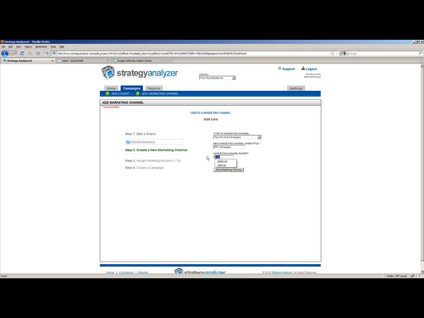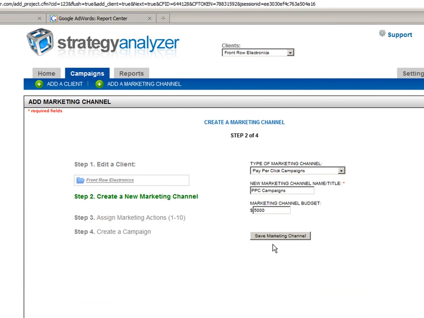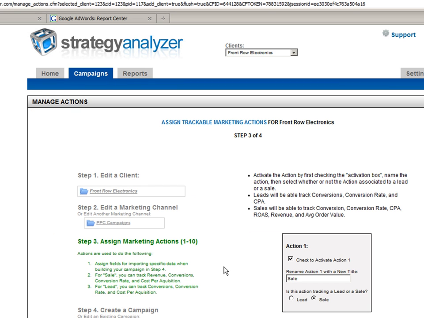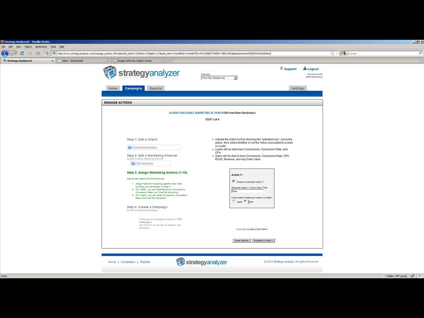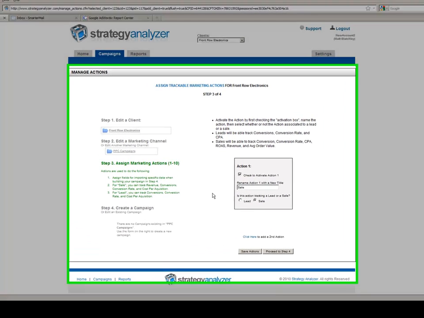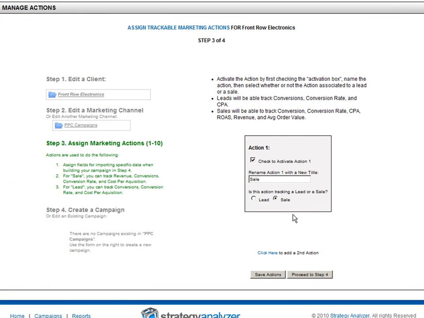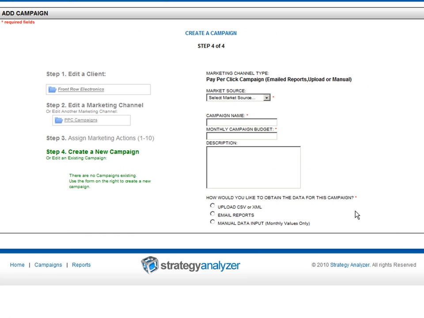So in this particular instance, I'm only going to set this to be 5,000, and then we save the marketing channel. And what's going to happen is you'll go to step 3, and step 3 is going to be providing actions within the system. And actions by default, the first one is going to be a sale, and sales are used in the system to track revenue, ROAS, conversion rate, and average order value. If you change this to lead, leads only track conversion rates. The revenue is not tracked. So we're just going to leave action 1 set, and we're going to proceed to step 4,